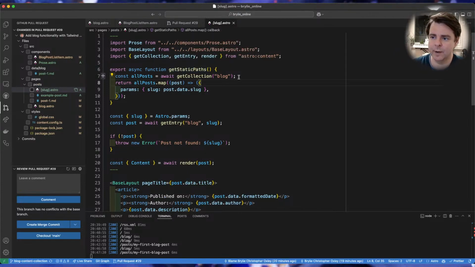So we get static paths. Since we have this dynamic attribute here, we have to define this get static paths function since we're using a content collection. I believe that's a necessity. And we'll grab all the posts, and we're going to find